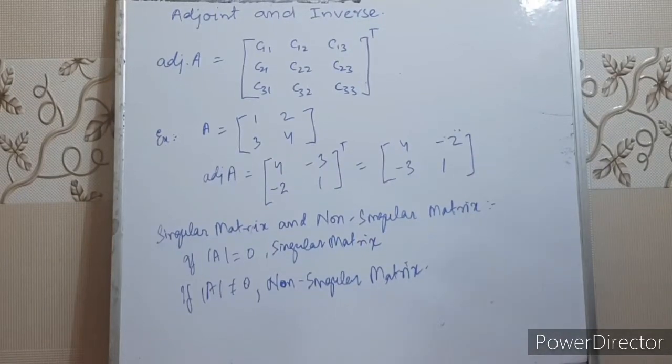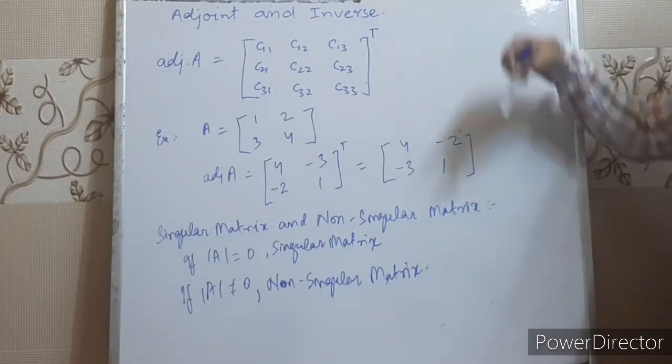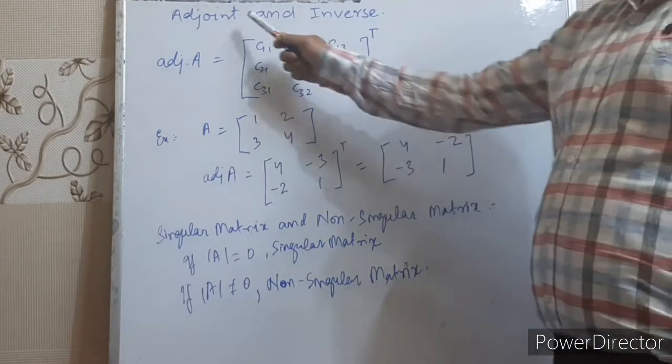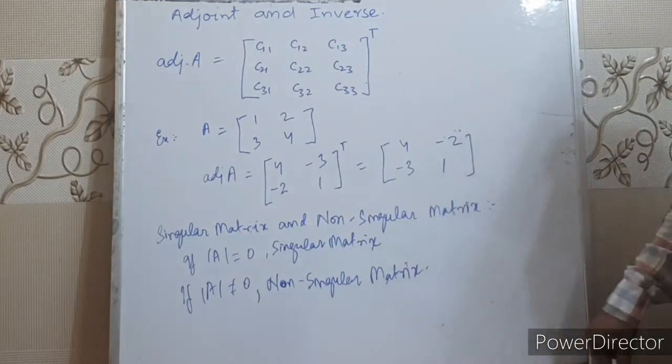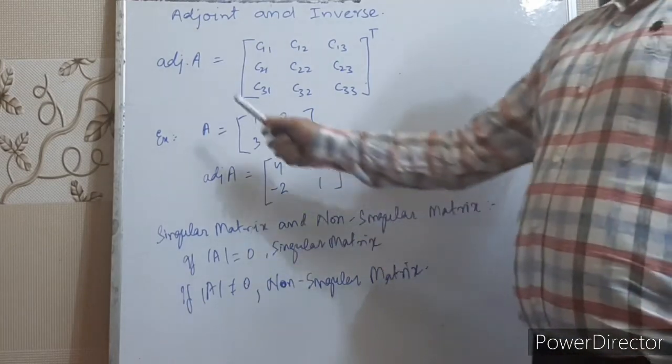Children, today we are going to discuss the inverse and adjoint of a matrix and how to use the inverse in solving a system of equations. Children, we have already studied that the inverse is unique and that the inverse only exists when the matrix is a square matrix. Similarly, the adjoint also exists when the matrix is a square matrix of order 2 or greater than 2. How do we calculate the adjoint of any matrix?